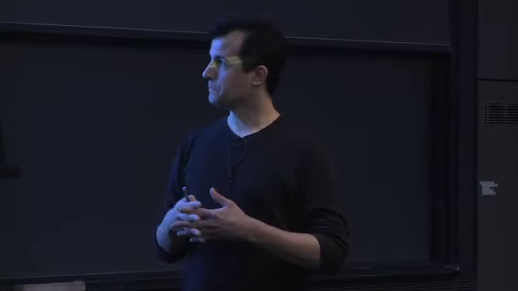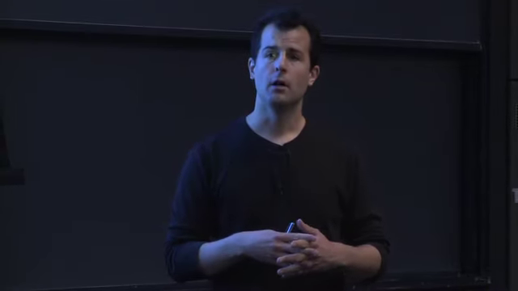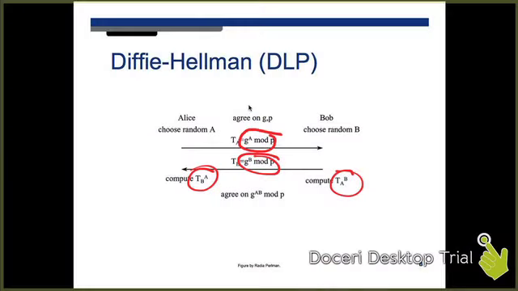where Alice and Bob both have some value, G to the AB mod P, but each of them only has a piece of the rest of the puzzle. Alice has A, Bob has B. So essentially, Alice and Bob can now use this number to encrypt information, and they can reverse its effects by using their own respective private keys.